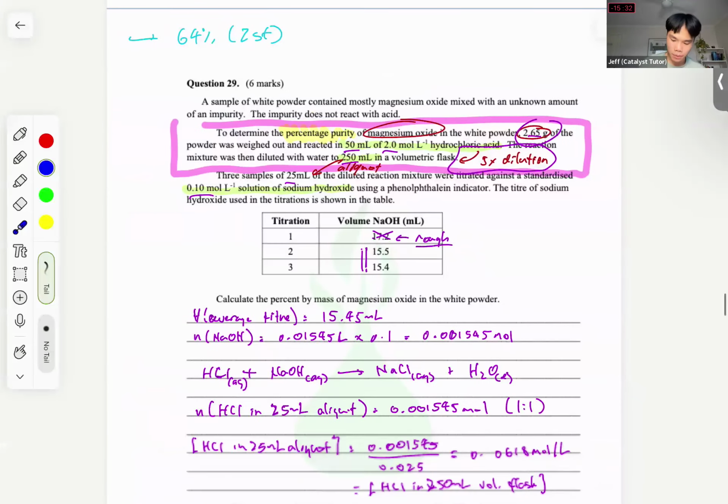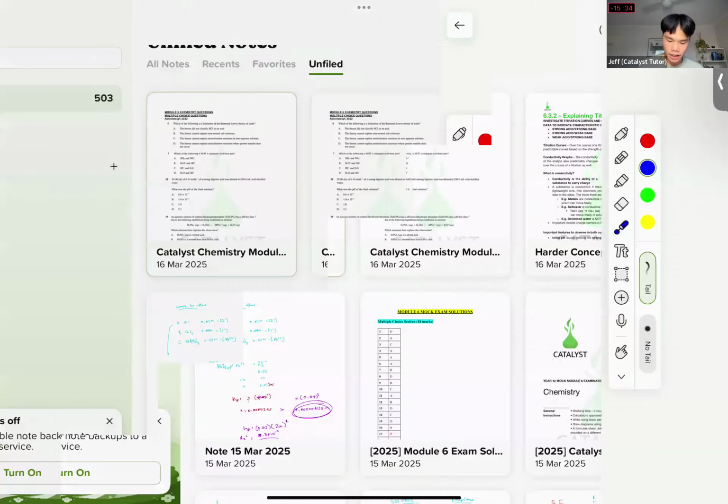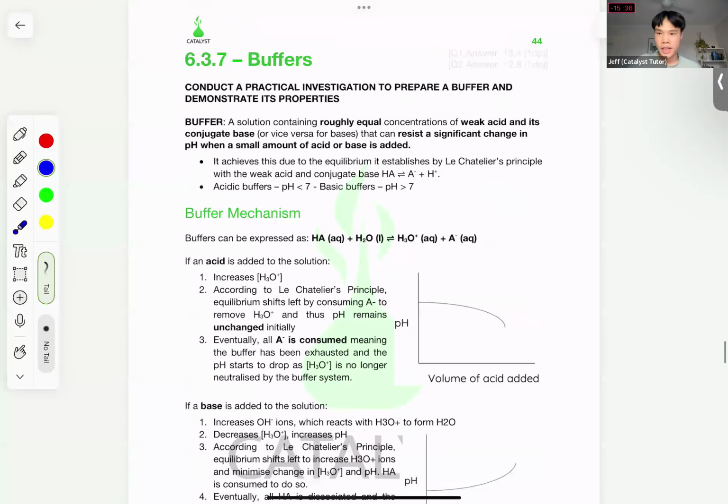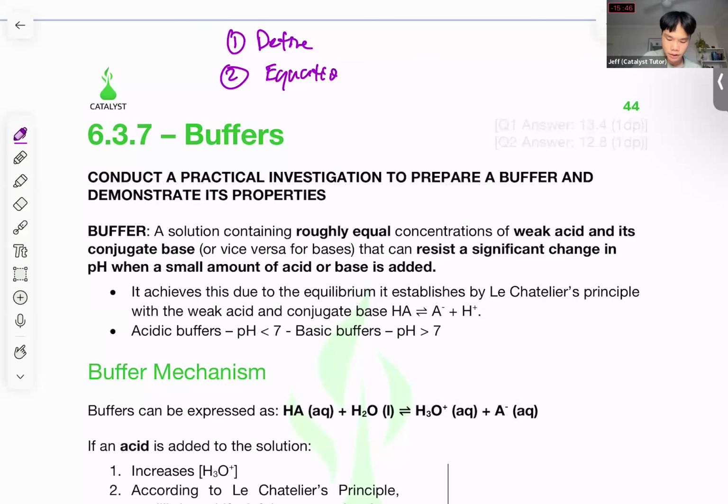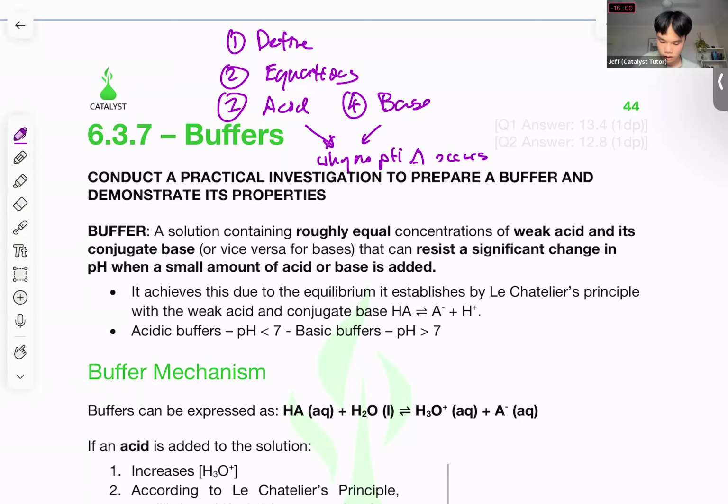Okay, cool. Back to buffers. So to finish off today, what you should take away from buffers, you should be able to, number one, define what a buffer is. Number two, write equations for buffers. Number three, talk about what happens when you add an acid. Number four, talk about what happens when you add a base, and relate both of these to why no pH change occurs. If you can do those four things for one buffer, you can do it for every other buffer